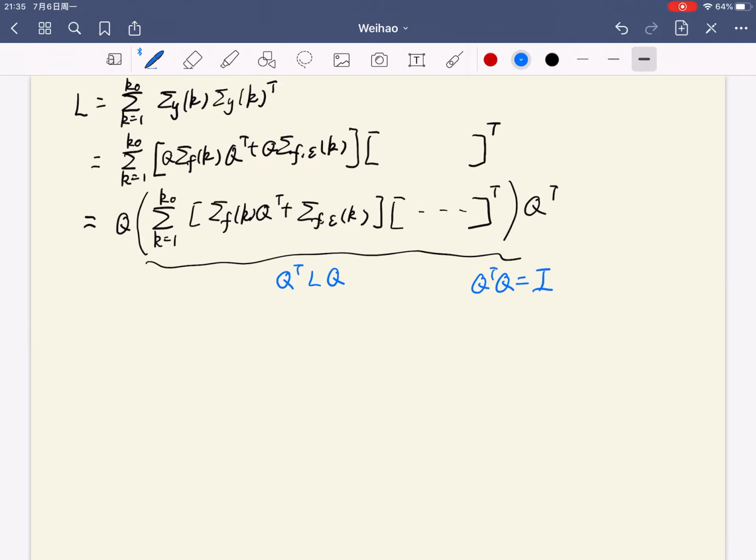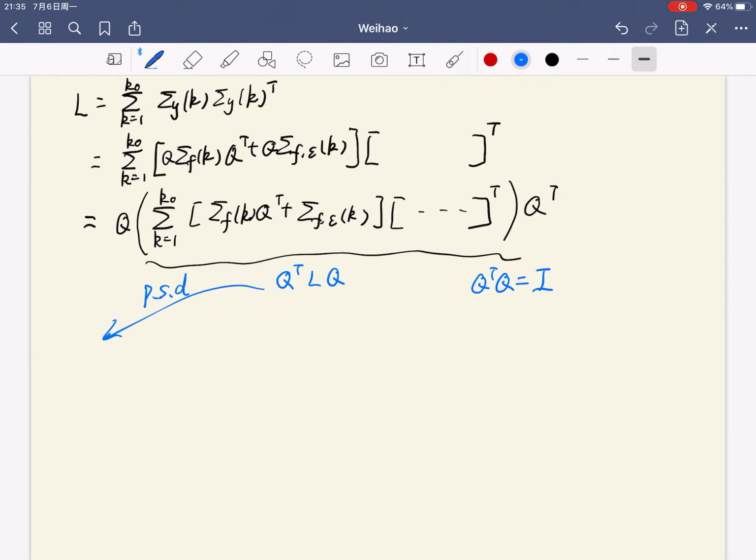We can multiply Q transpose and Q on both sides of L. Because this middle term Q transpose L Q is positive semi-definite, there is a theorem telling us that